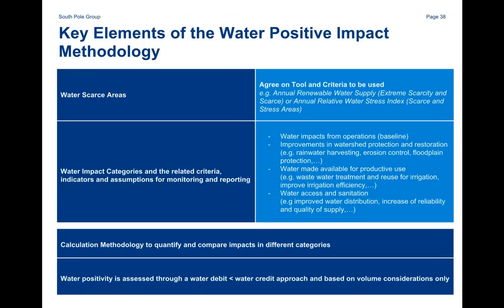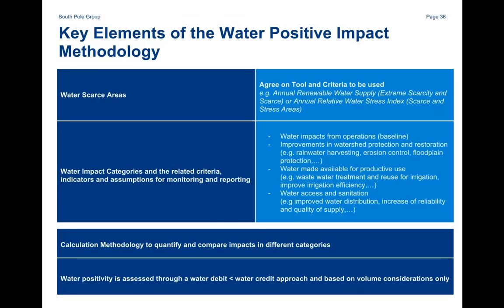Then under the water impact categories, we have defined different criteria and indicators to measure the impact of our operations, because basically we want to compensate for the water that is being consumed in our operations. So we need to know where we start, what the baseline is, and then obviously also to measure and to define how much water has been,